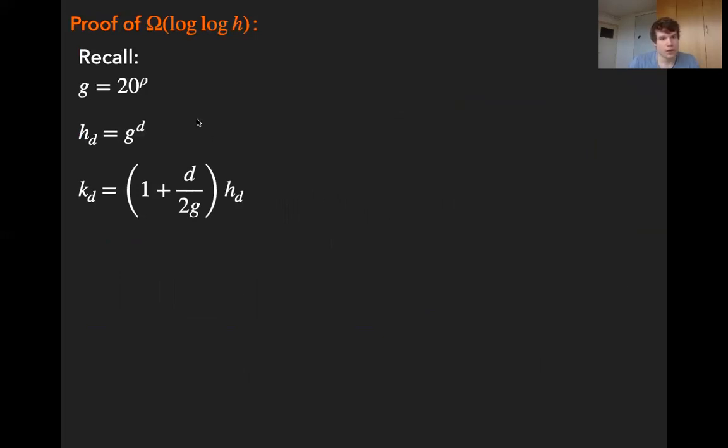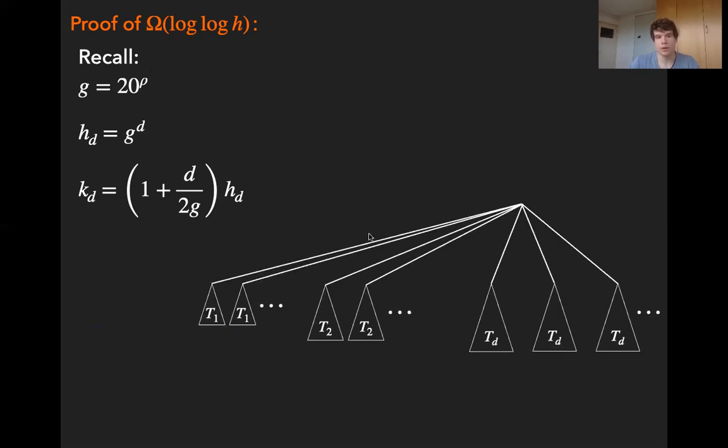So let's now look at how we get log h from this and how we then also answer the second question negatively. Recall just the definitions from the lemma before. And now we want a single metric space, which looks as follows. We have a tree again, and the root has infinitely many children of type T1 and infinitely many of type T2 and TD and so on, where TD are these subtrees from the lemma that we've just seen.